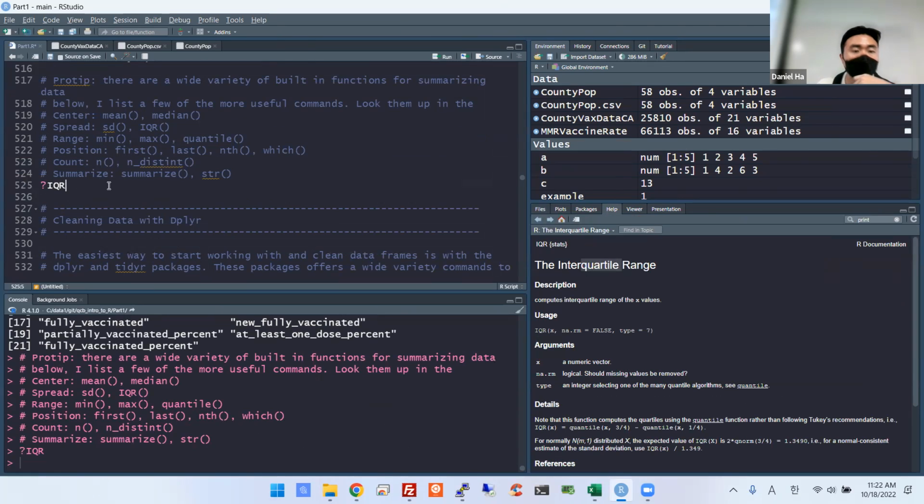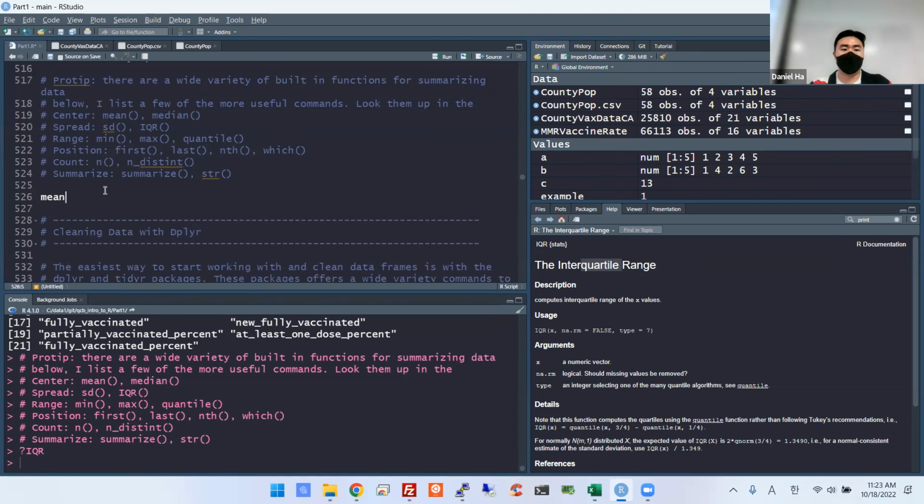And you can also find the first function to locate the first element in the data frame, last, and you can specify specific rows and columns with n. And this particular function is used for counting the data. So for example, if you want to calculate the mean,